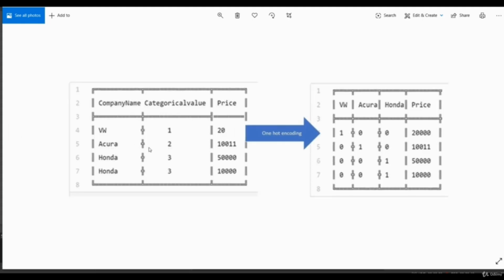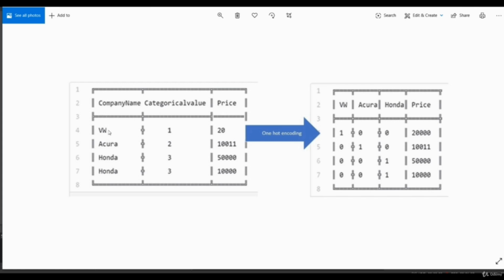Now what does one hot encoder do? Suppose this is our dataset, and there are a few categorical values such as Volkswagen, Acura, Honda, and their label encoding values will be 0 for Volkswagen, 1 for Acura, and 2 for Honda. So one hot encoding is going to create new columns equal to the classes available for our categories.